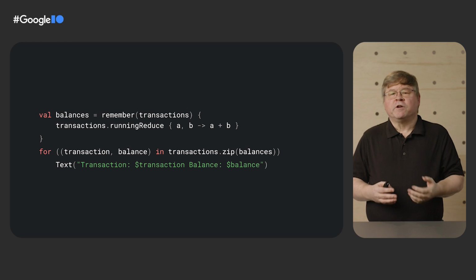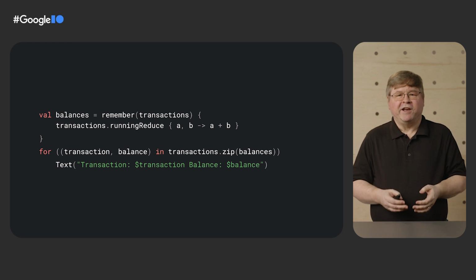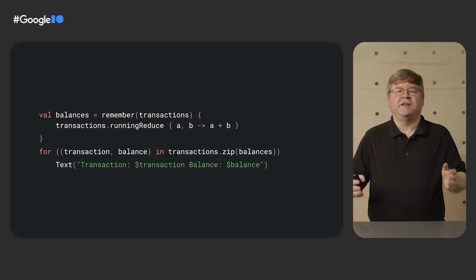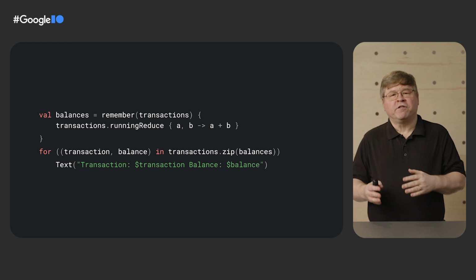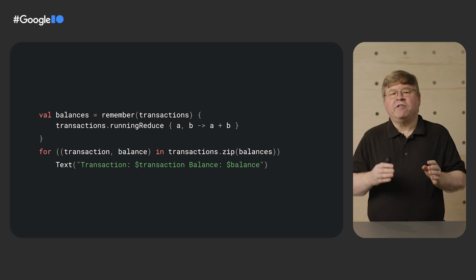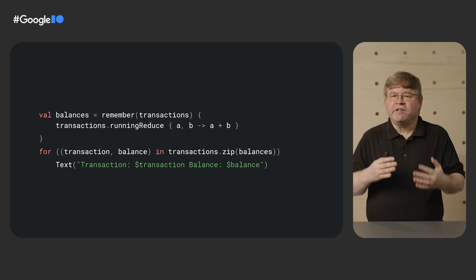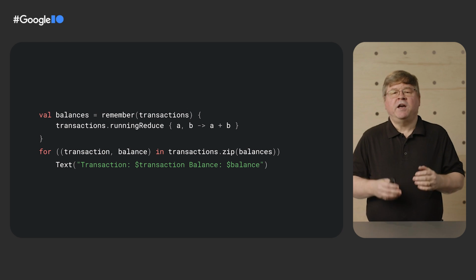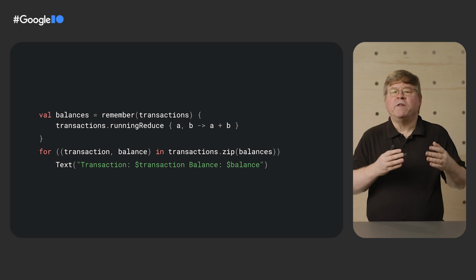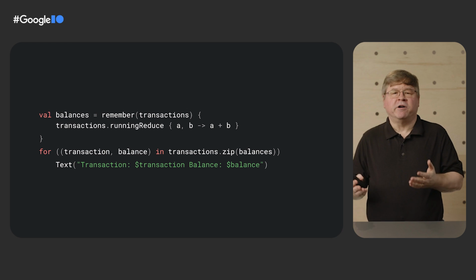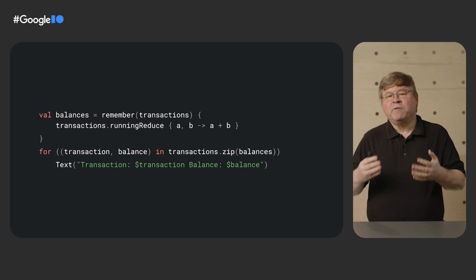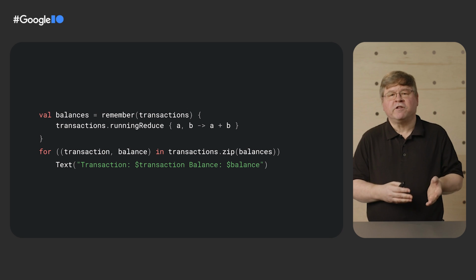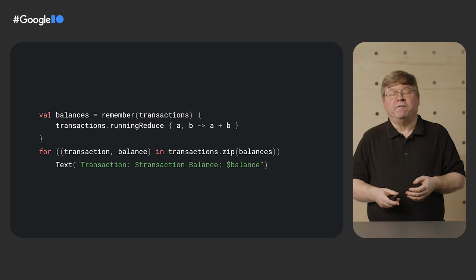This is a better version of the code, which uses our friend remember again, and also avoids writing to state entirely. This version only executes the composable function once, when it is first displayed, and is only considered out of date when transactions change. An even better version of this would be one that calculates balances in the view model, just like the sort example before, allowing these calculations to be performed even before composition starts. But that example wouldn't fit on this slide.